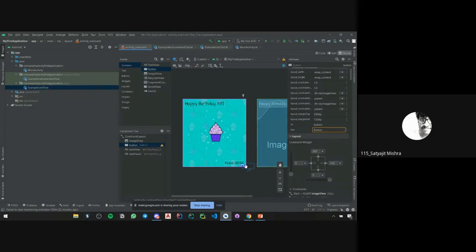Like, just keep it 16 and 16. And try to do a test run now. So run the application right now. क्या? Run the application right now. It will be fine. ओके.